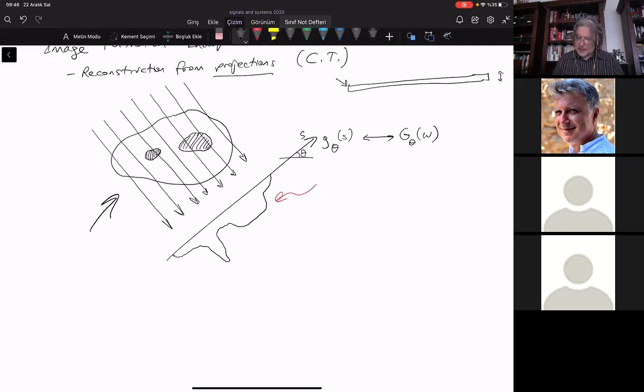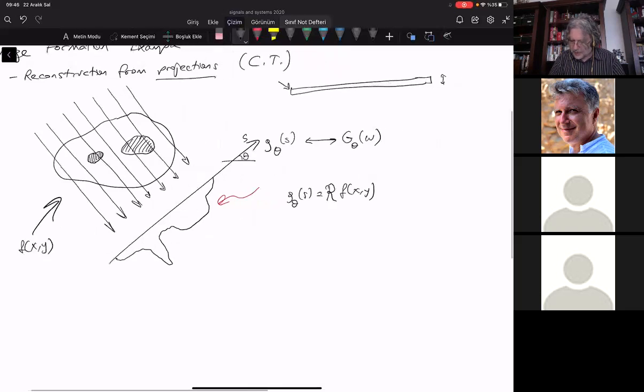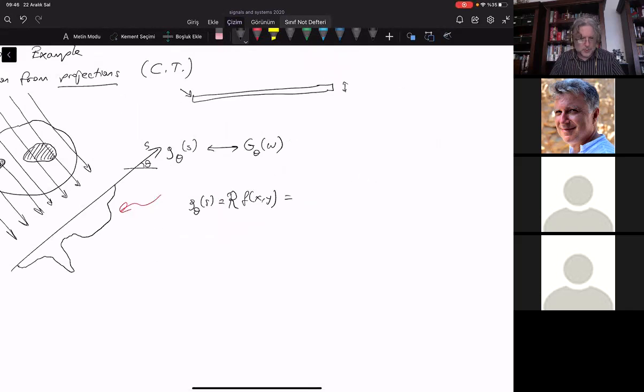Now, what is g theta of s if you consider that this two-dimensional signal is essentially f of x and y? Okay, that's what we are trying to reconstruct. With respect to f of x and y, g theta of s can be written as a transform. It's called the Radon transform. So I'm going to represent it with the calligraphic R. It's the Radon transform of f of xy, which is equal to